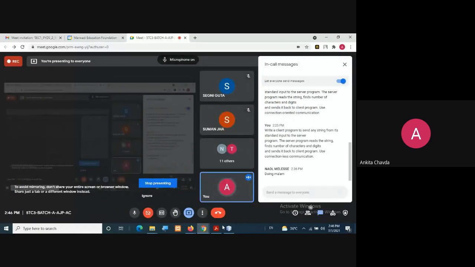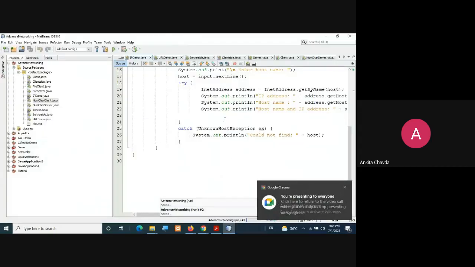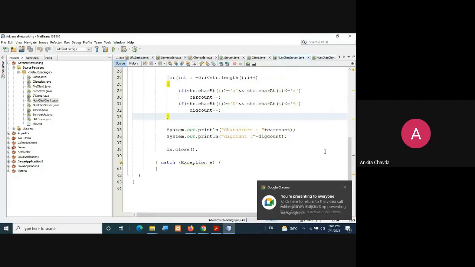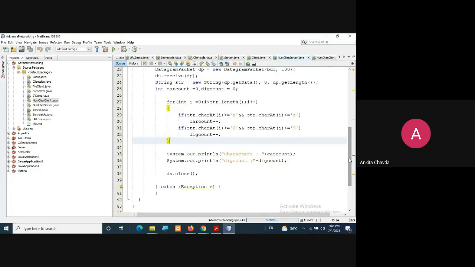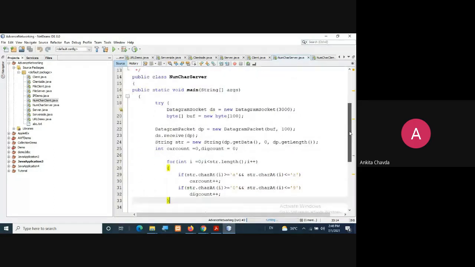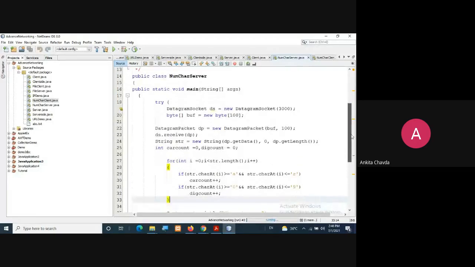I don't know, there is some problem with my editor, but you can directly run this program. It will work perfectly. You can try this on your own. So finish this program and let me know whether it's working or not.